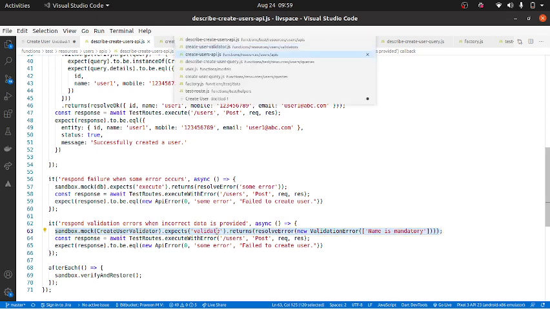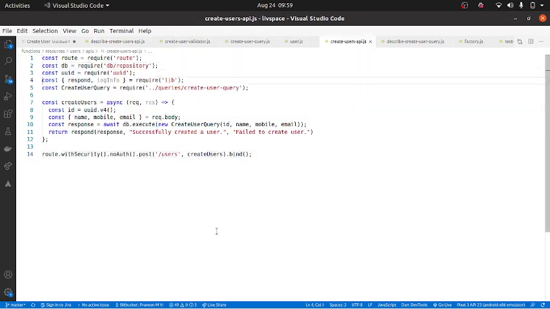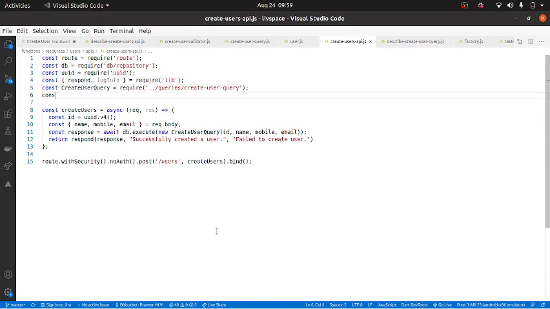So let's go to create user API, and here we will do createUserValidator equal to require validators.createUserValidator.